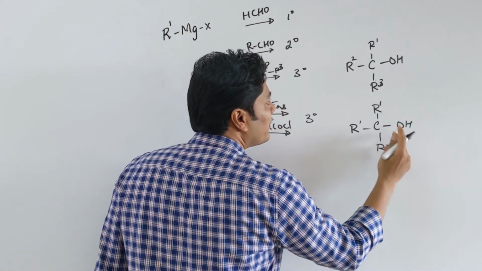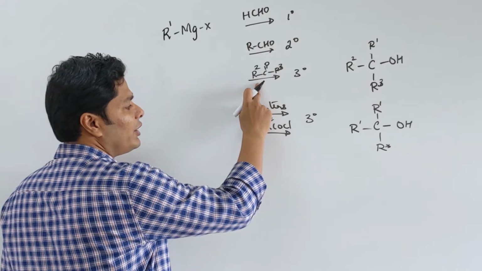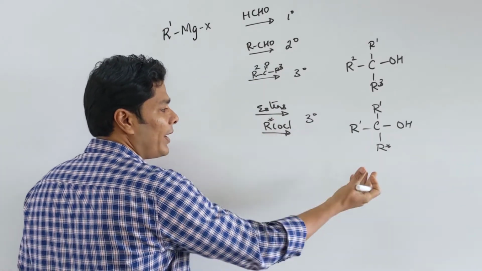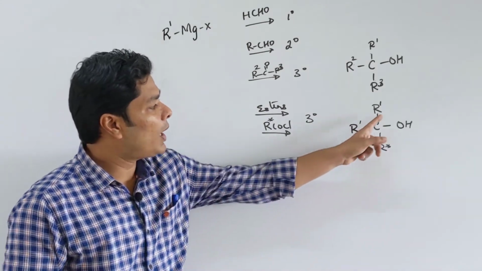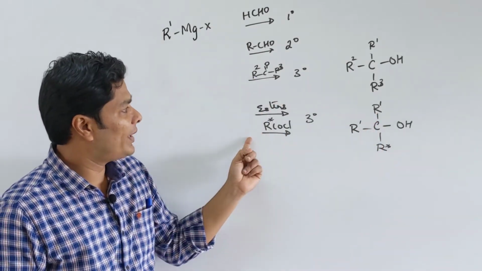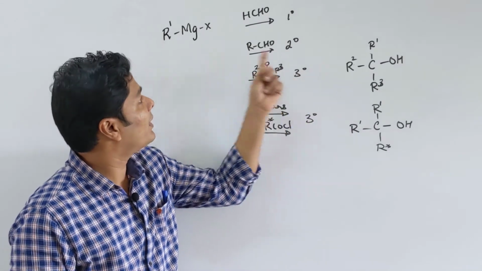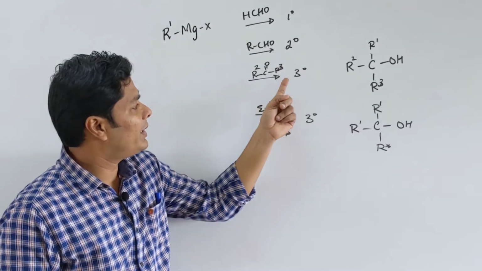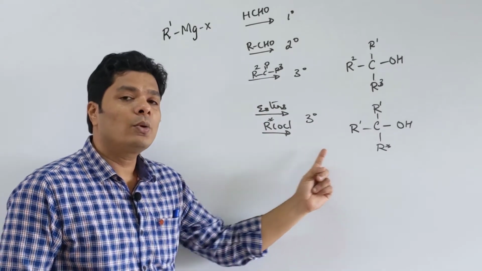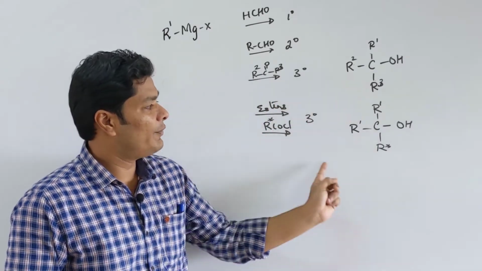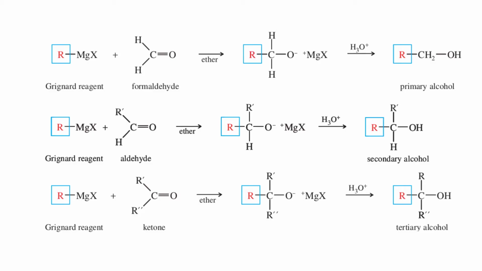The major difference between the 3 degree alcohol obtained from a ketone versus these two is that the final tertiary alcohol will have two R groups from the Grignard's reagent in these two cases, whereas there is only one R group from Grignard's reagent in this case. The reason being, these two will first give you a ketone, and that ketone undergoes this reaction to give you the corresponding alcohol. Now here is a reaction I have shown very clearly. Here I have boxed the R group, so it is much easier for you to see.